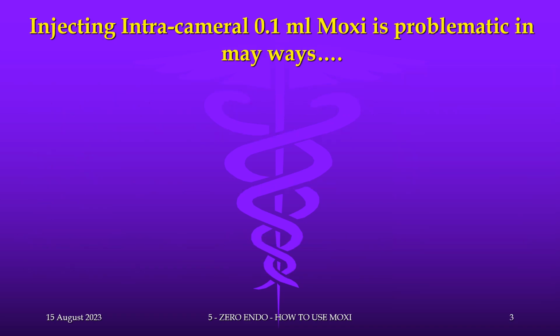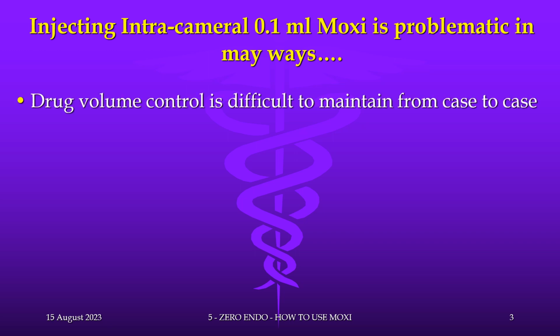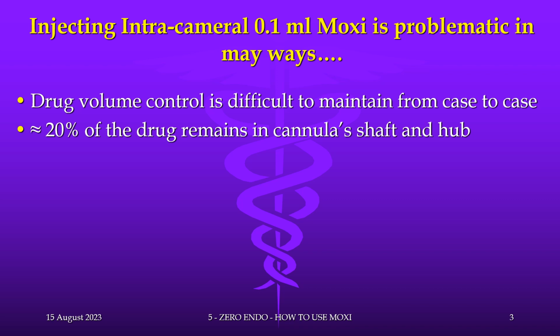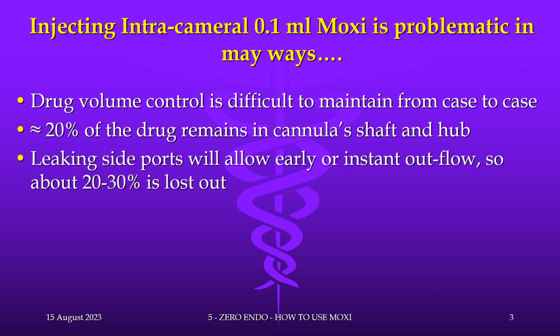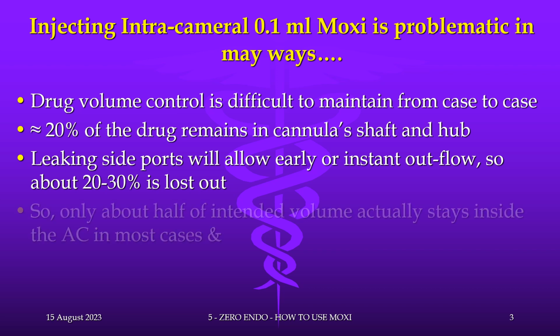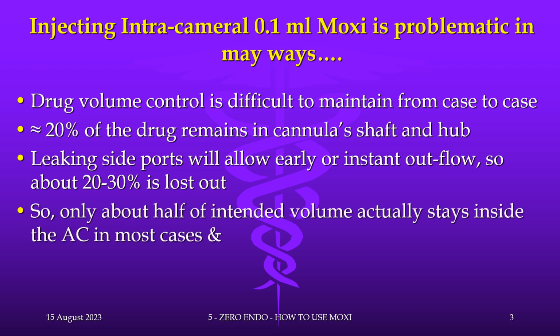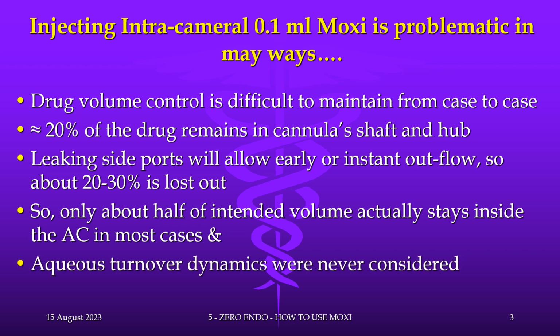Injecting intracameral 0.1 ml Moxi is problematic in many ways. Drug volume control is difficult to maintain from case to case. About 20% of the drug remains in the cannula's shaft and hub. Leaking side ports will allow early or instant outflow, so about 20 to 30% of the drug is lost. So only about half of the intended volume actually stays inside the anterior chamber in most cases,